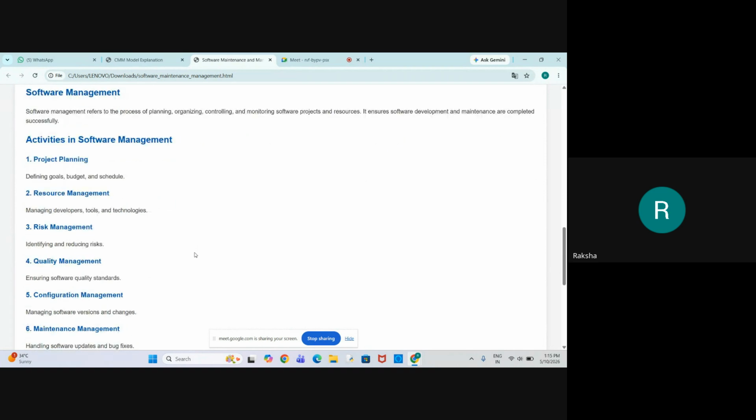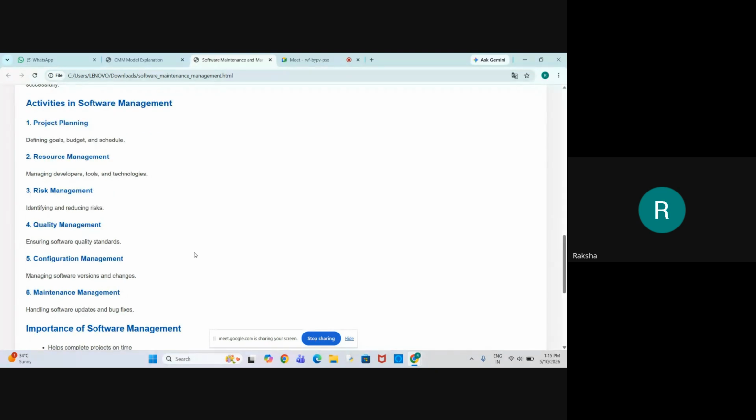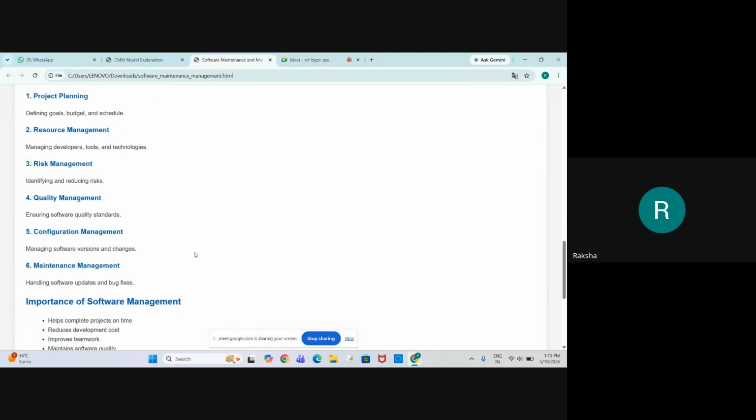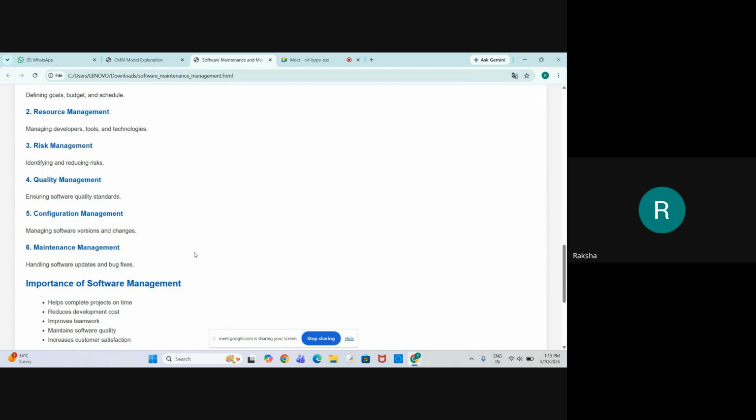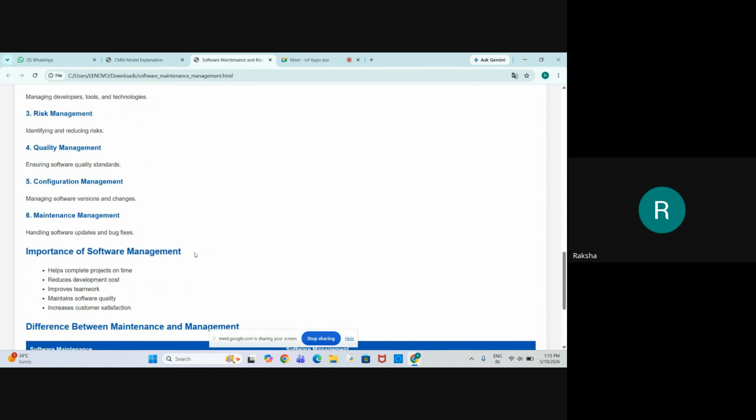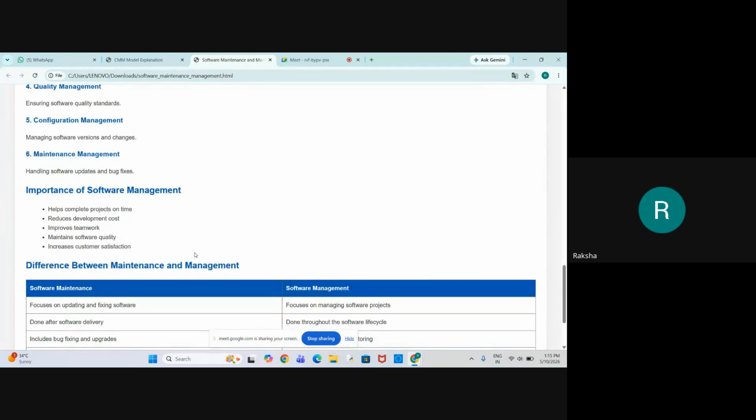Third, risk management: identifying and reducing risk. Fourth, quality management: ensuring software quality standards. Fifth, configuration management: managing software versions and changes. Sixth, maintenance management: handling software updates and bug fixes. Importance of software management: helps to complete projects on time, reduce development cost, improves teamwork, maintains the software quality and